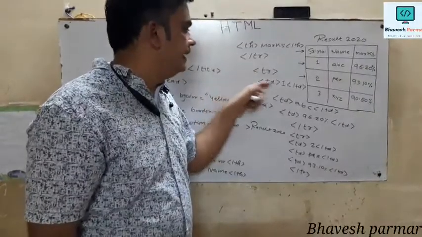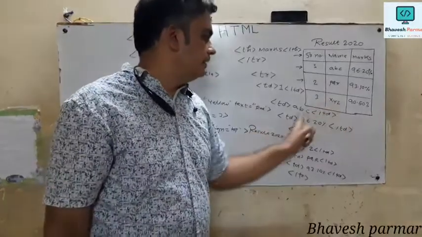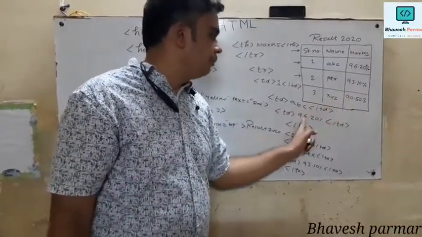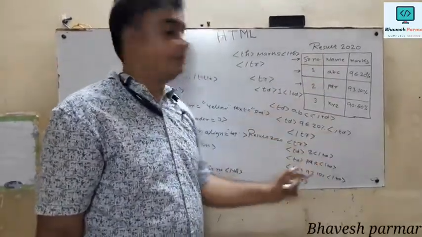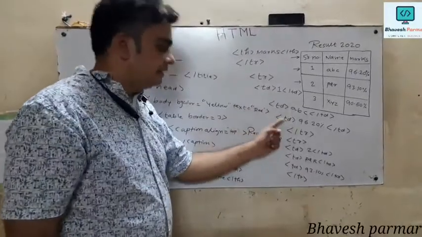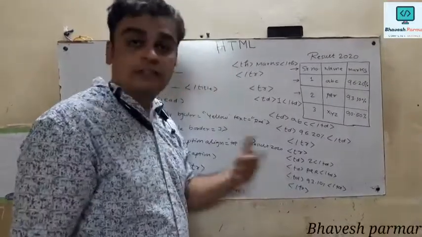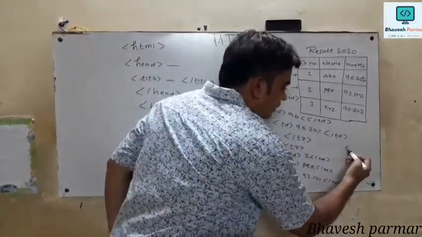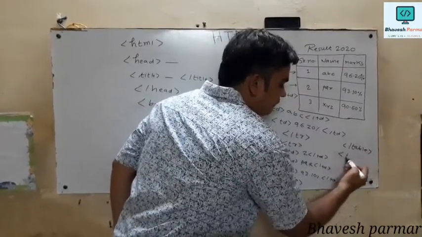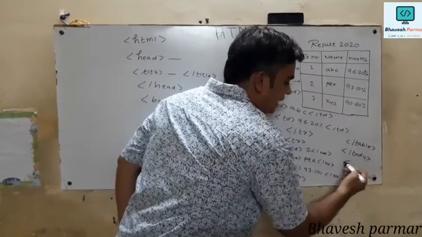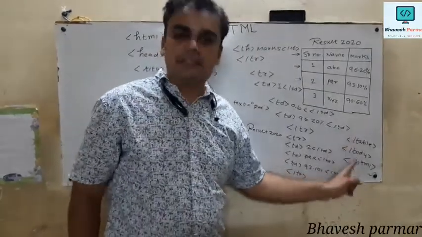The tr tag, again td, here I am writing 1, you have to write 3 here, again td xyz /td, again td 90.50% /td /tr. In this way you have to fill the information in this form, using the table tag, /tr, /td, and /th tags. After filling this information, what is our next tag? After completing this information, I am going to use the /table tag, then the /body tag, and at the end I have to close the program by using the /html tag.